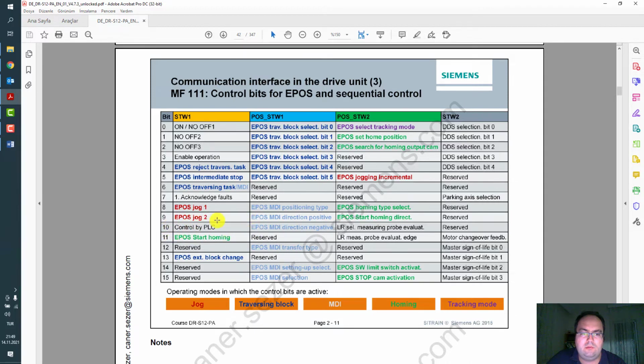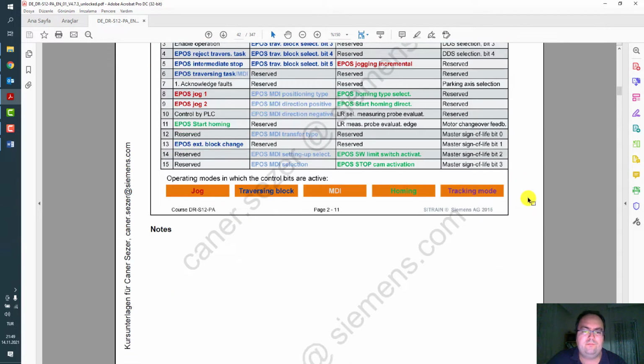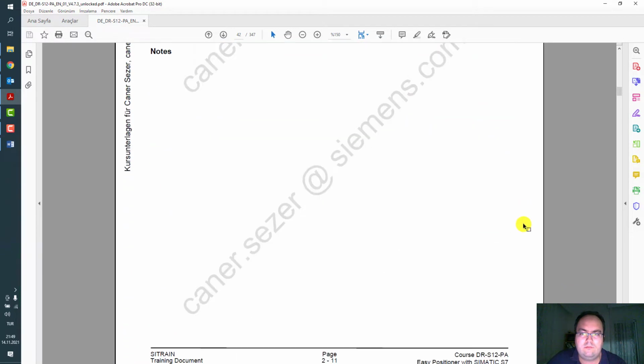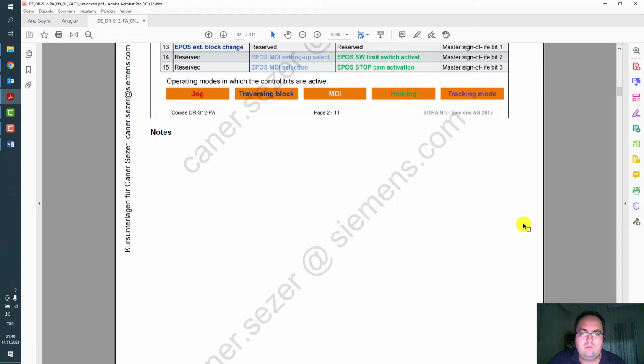Via this bit, the drive understands the communication is on and active. Otherwise we couldn't get any data from the drive. First thing, we have to set this bit to true on the PLC side. So 5 operating modes. It's possible to switch between each other, like MDI, homing, jogging.